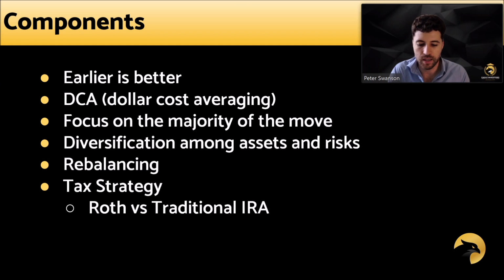Traditional IRA is the opposite. You're not taxed. It's deducted from your taxes the years that you put it into your IRA, but it is taxed upon withdrawal. And so why would you choose one versus the other? You would consider what sort of tax brackets you might be in when you are retiring is one aspect, and then also the taxes being made to the gains is another thing that you'd want to consider. So this is just an overview, so you definitely want to do more research on both of those.